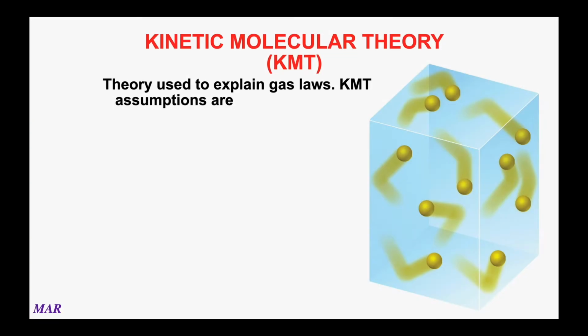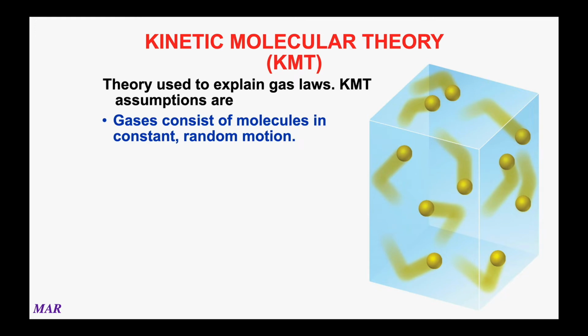Let's go back to the kinetic molecular theory of gases a little bit, the KMT. The KMT does a pretty good job with gases, but there are some assumptions, and some of the assumptions are better than others. We're going to look at some of the places where the assumptions are kind of weak. So one of the ideas in the KMT is that gases are constantly moving around, all right?